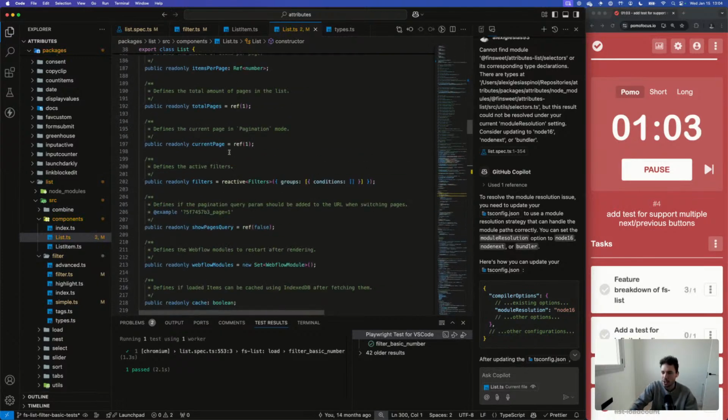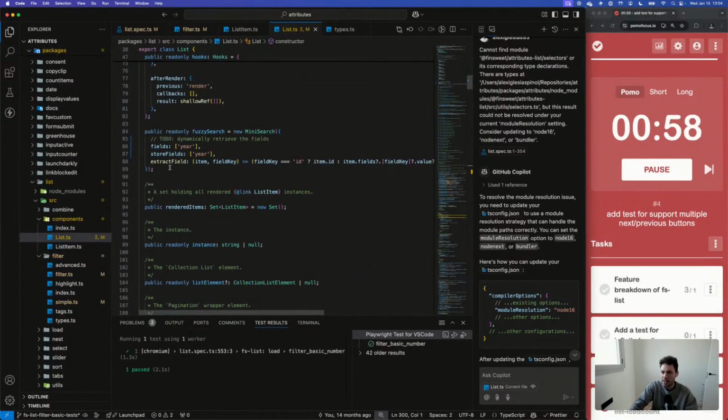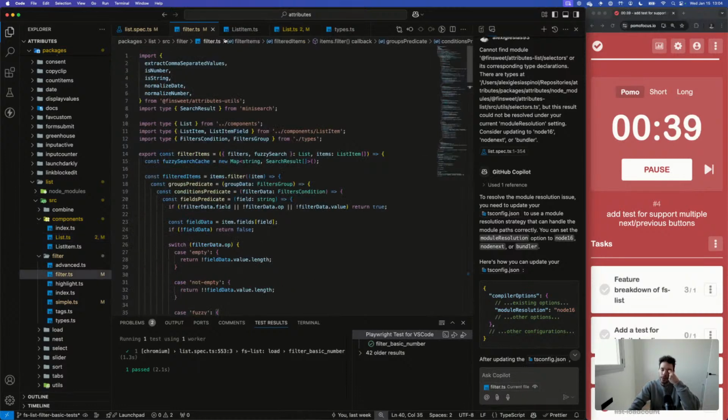So instead of initializing this fuzzy searching here, we will probably have to wait until all the CMS items are parsed. Or we can construct that dynamically when we filter.